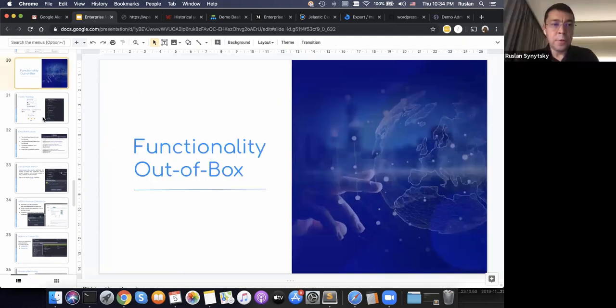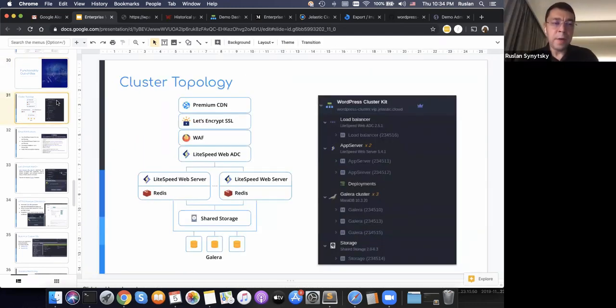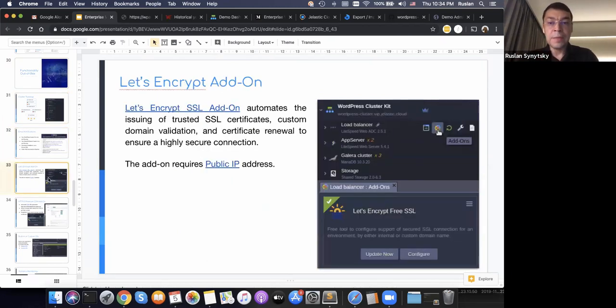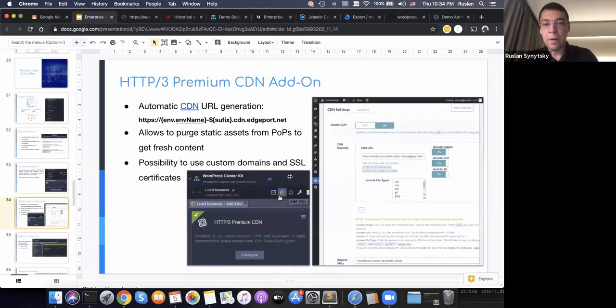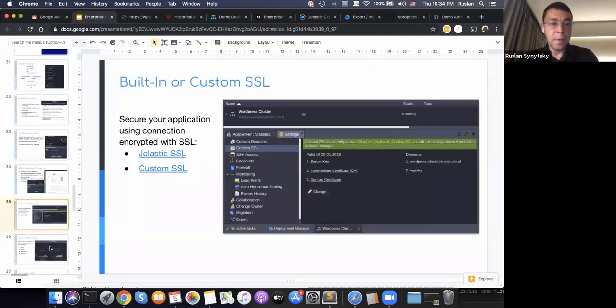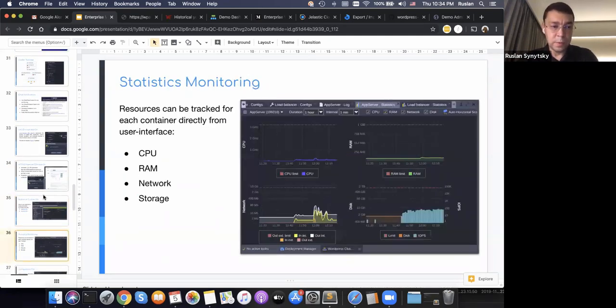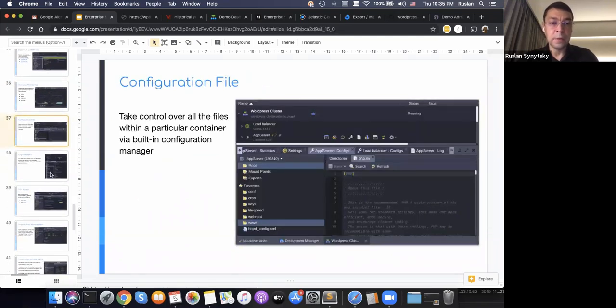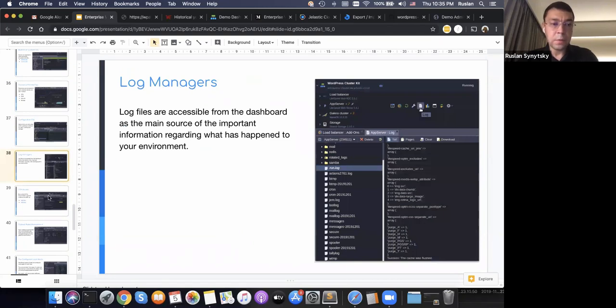Yeah, just to finish the slides, I will skip to a very brief overview. You will get the slides, and you can see what kind of functionality is available out of the box. Email notification, so customers get specific links and credentials. Then the Let's Encrypt add-on, how to manage it, how to manage CDN, how to deploy custom SSL, then how to monitor usage, how to change some configuration files, how to check logs.